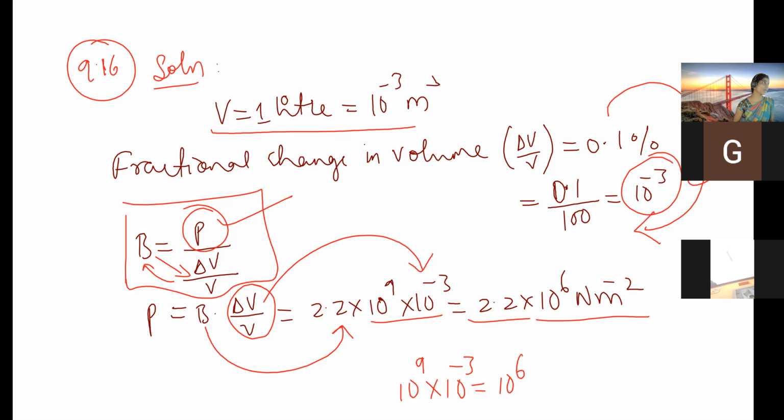So that is constant. They have given in the question itself into, so volume is converted, percentage ಇದ್ದದನ್ನ divided by 100 ಮಾಡಿದಾಗ, so 10 to the power of minus 3 ಬಂತು. So 10 to the power of 9 into 10 to the power of minus 3 simplify ಮಾಡಿದ್ರೆ 10 to the power of 6 ಬರುತ್ತೆ. 9 minus 3 is 6, 2.2 is kept as it is. So therefore the P value we got is 2.2 into 10 to the power of 6 Newton per meter square. So try to check by using calculator.